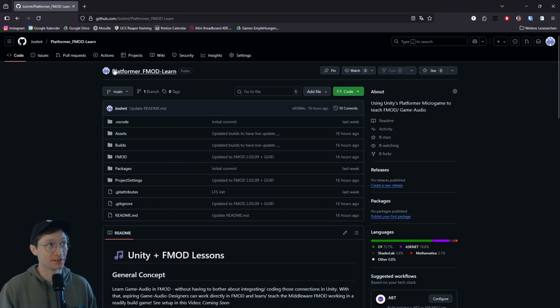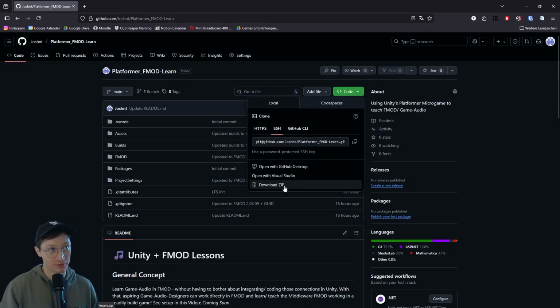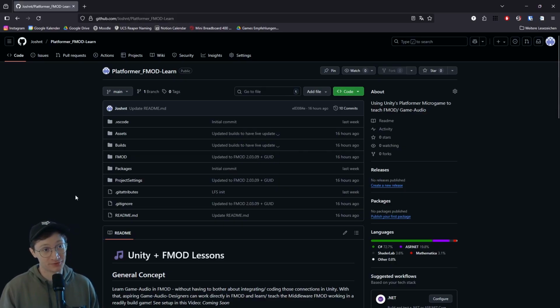This, for example, is the platformer one. I have to point out that with some other projects, you might be able to just download the zip. But because I'm relying heavily on the large file support, the LFS, downloading the zip apparently doesn't really work, so you have to use some sort of Git tool. For example, GitHub Desktop, and you can just clone the whole repository